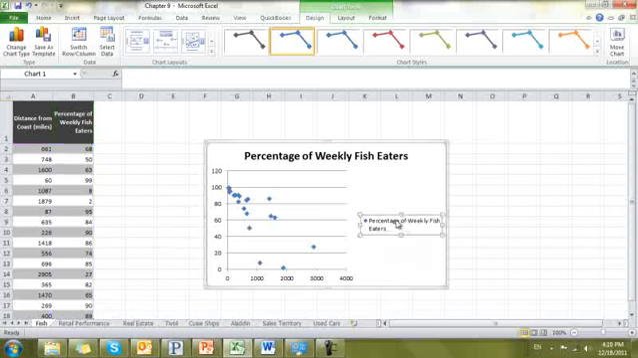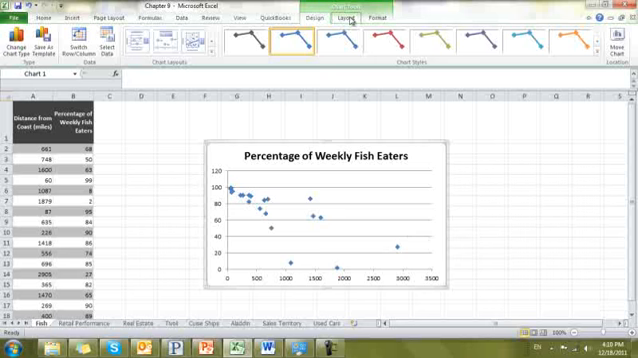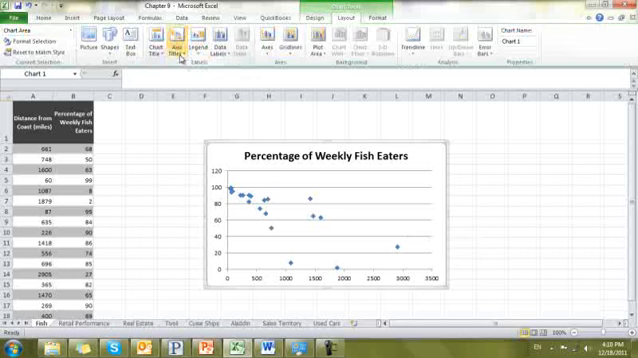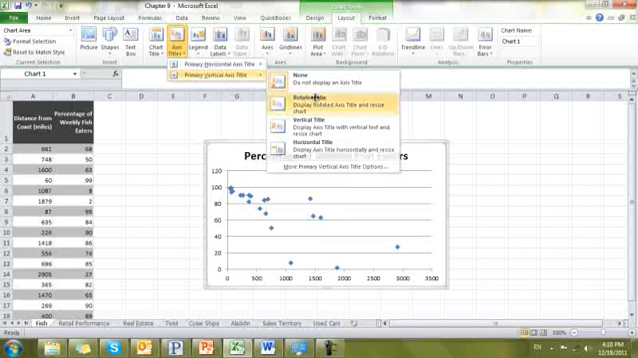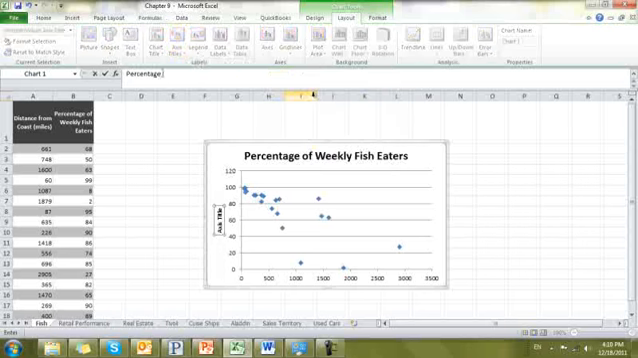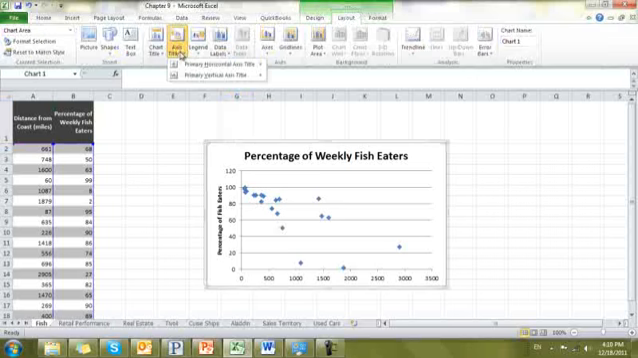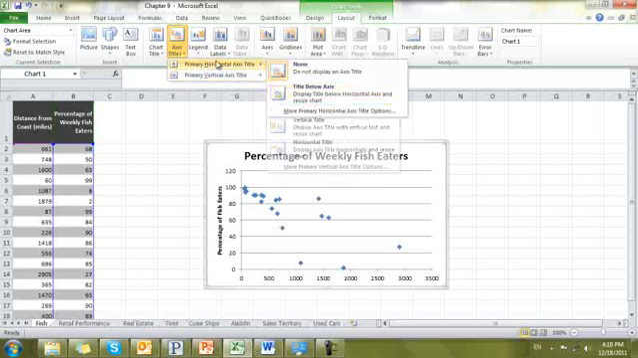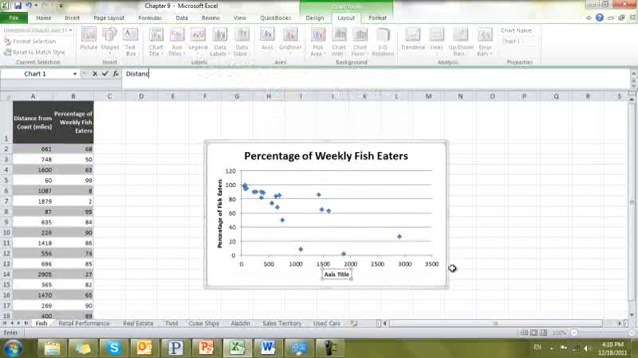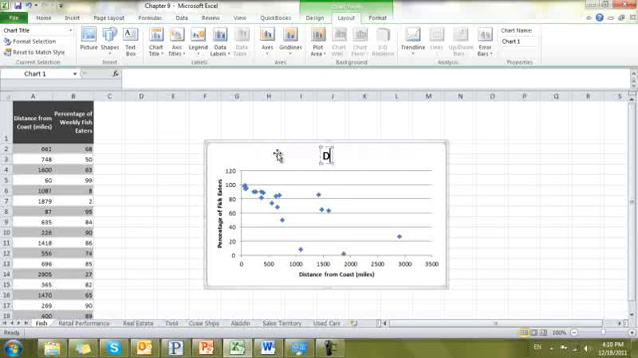It's only one set of data, so I'm going to get rid of this legend and go on over here. Let's go ahead and add my axis titles. There's my y-axis, percentage of fish eaters. Let's also add my x-axis. Horizontal. Distance from coast. And let's title this as the title of the question being asked by the researcher, is seafood